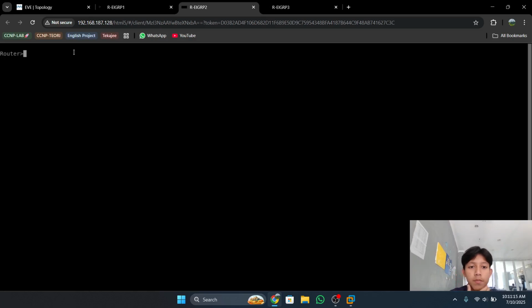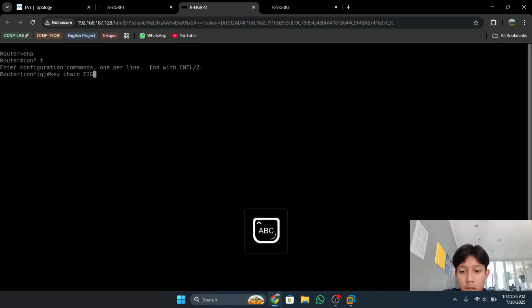First enter global configuration mode, enable and configure terminal. Then, same as router 1, create the keychain with the same password as router 1. Type key chain EIGRP_keys, then key 1 and key-string.